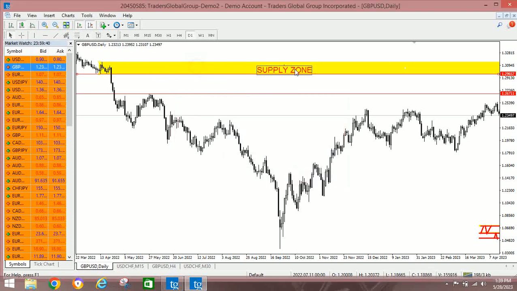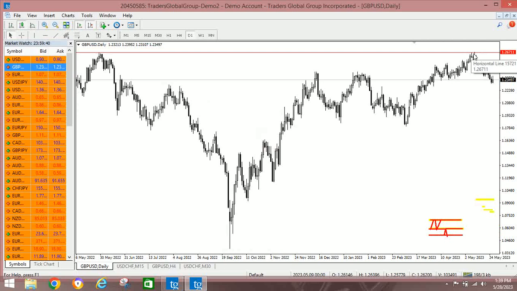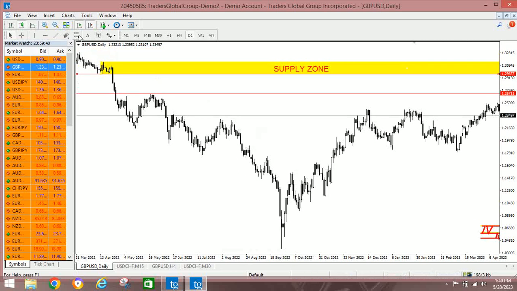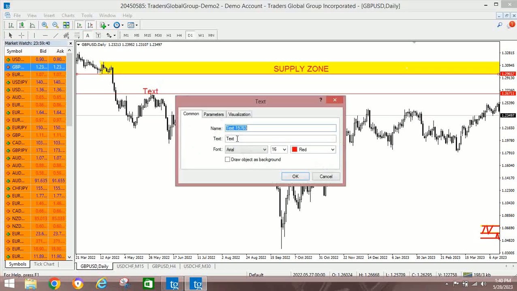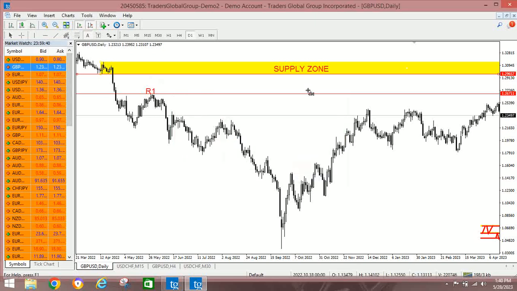And then what we have here, we have a nice fake out, because if you can look at this point to this point, we actually have the same level at the same point. So we have a nice, if I could just write it here, we have a nice fake out zone there. So we have this point R1, and then we have R2,